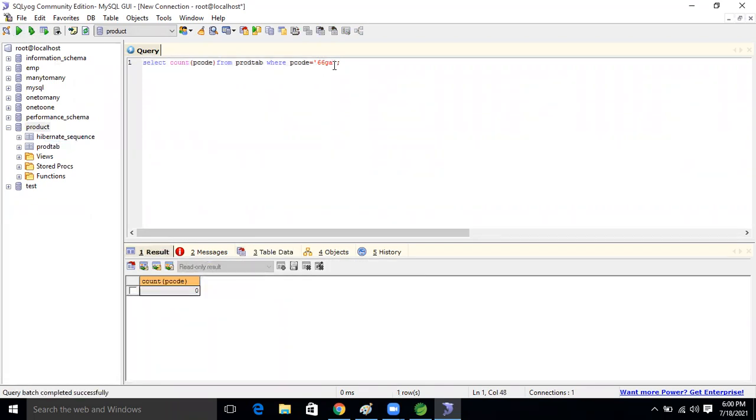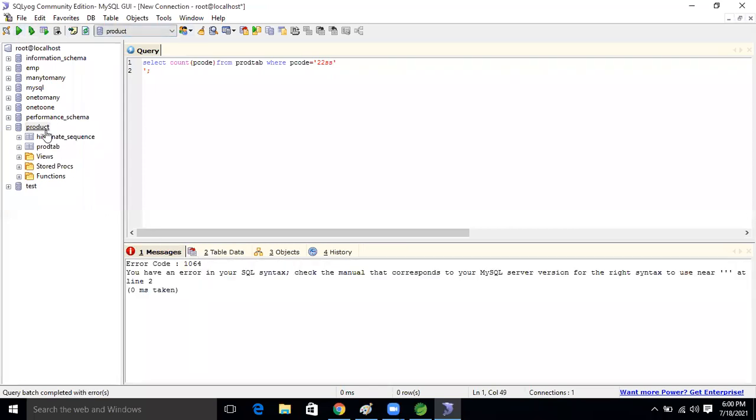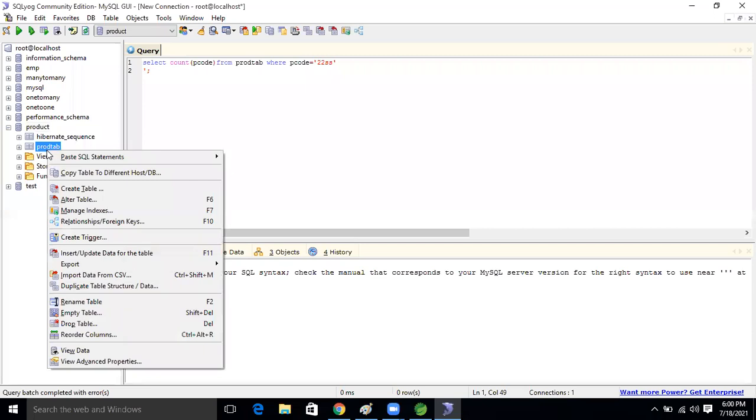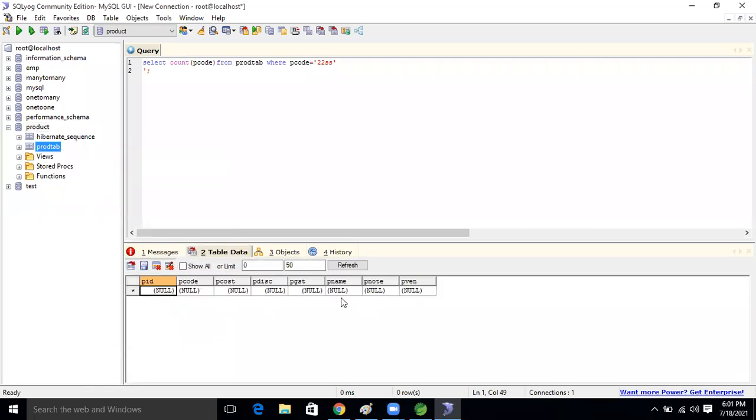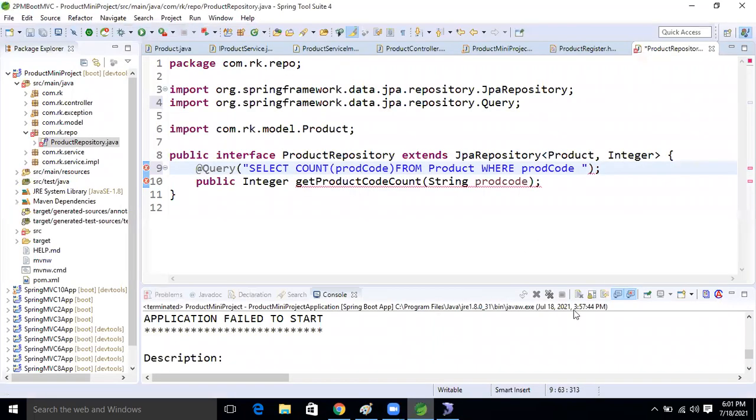Okay, one minute. Where's the data? Data is deleted, right? Okay, no issue. But nothing is showing there. Okay, no issue. So, okay, good.